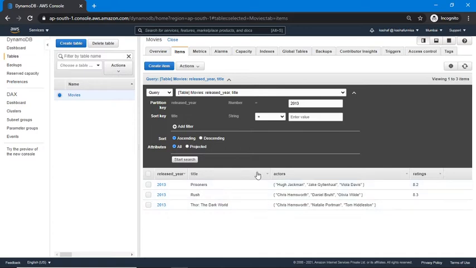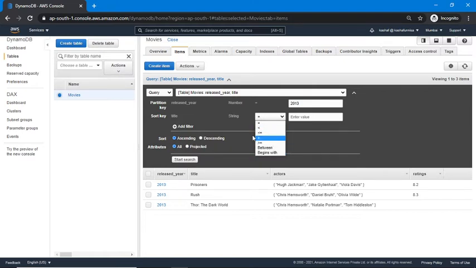Now I am going to use the second way. You can use partition key plus sort key. Here my sort key is title and its type is string, and there are multiple operators available. You can use any one of these: equals to, less than or equals to, greater than or equal to, between and begins with.